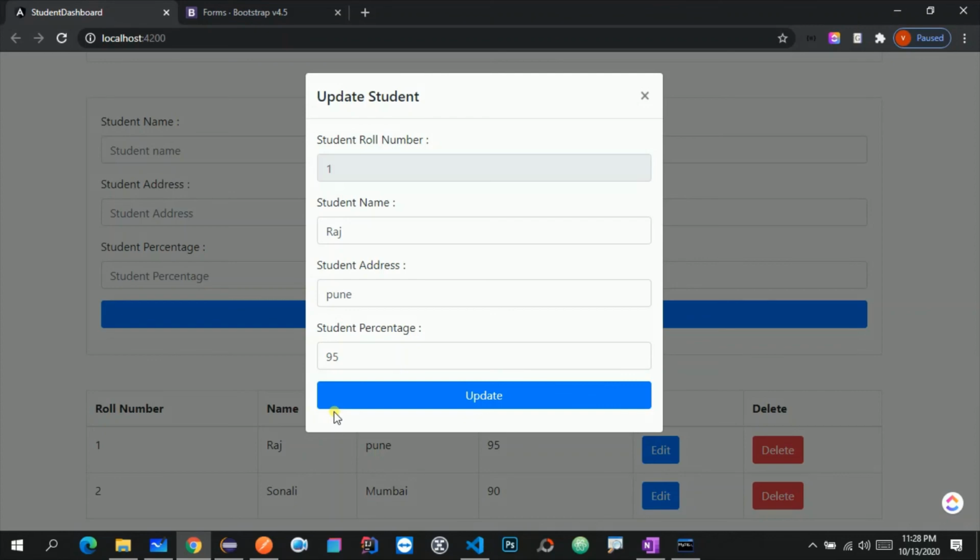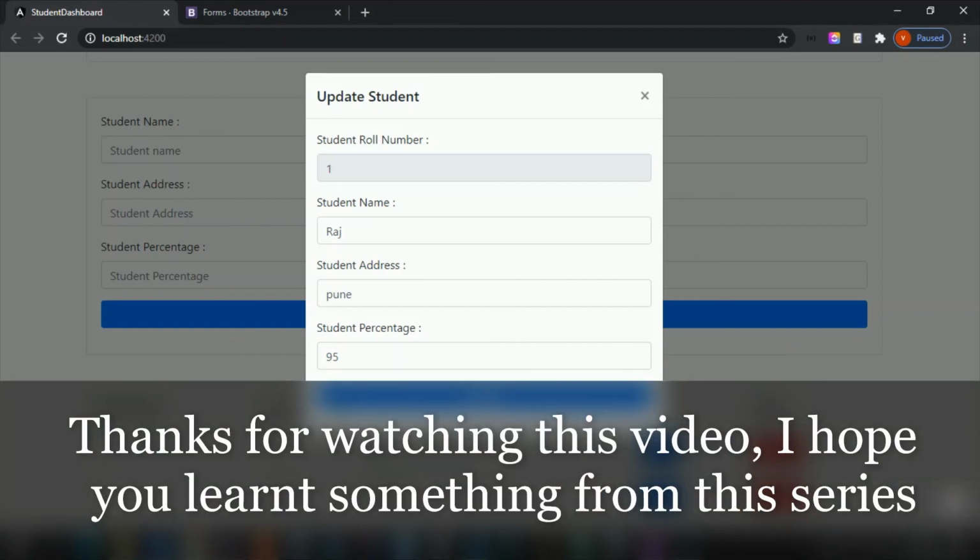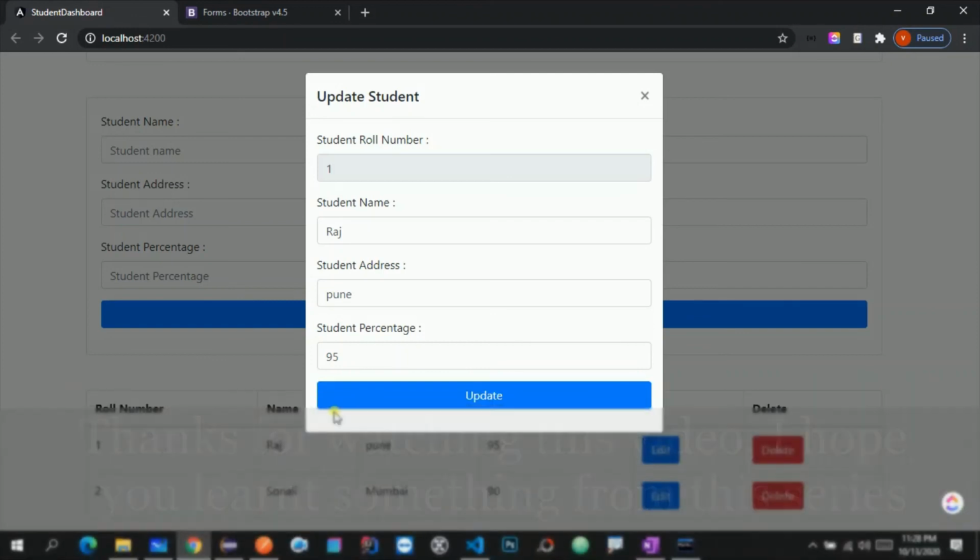In the first part we saw how we can install all the necessary things. Then in the second part we saw how we can configure the front end and back end project. Now in the third part we have covered all the necessary operations. So this is the last video of this series, and I hope you learned something from this series, and I tried my best to explain each and everything. And in case you have any doubts, let me know in the comment section, and I will try my best to help you out.